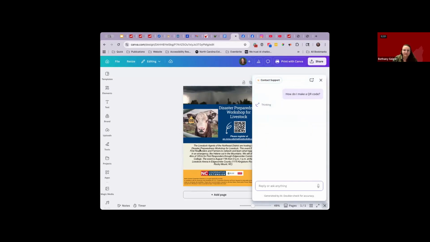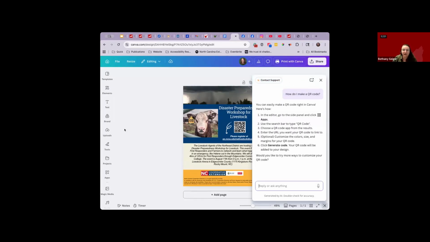Anyone can get a free Canva account that may have some limitations on features. So like the QR code thing, I don't know if it's a paid feature or not, but if you have an email address, you can go to canva.com and you can get at least their free version of Canva. It says in the editor, go to the side panel and click apps,